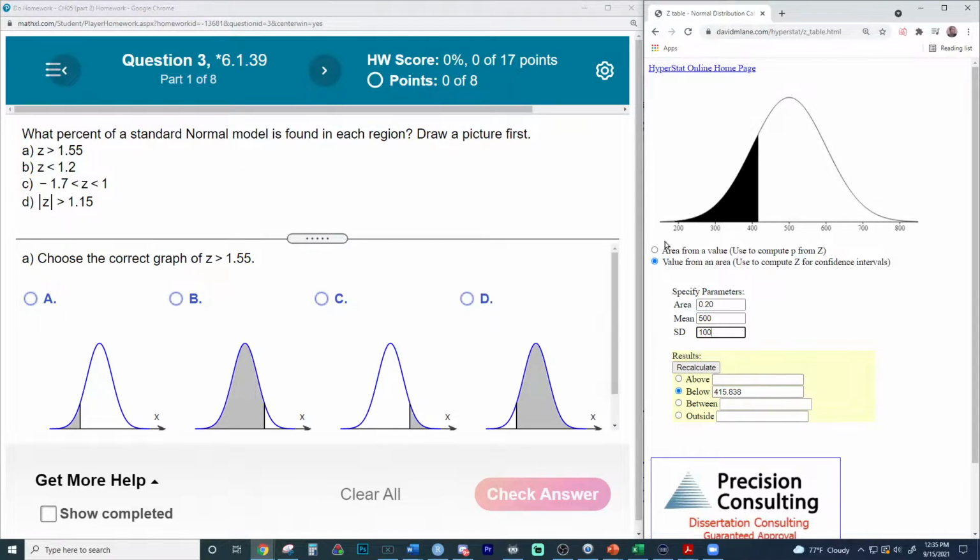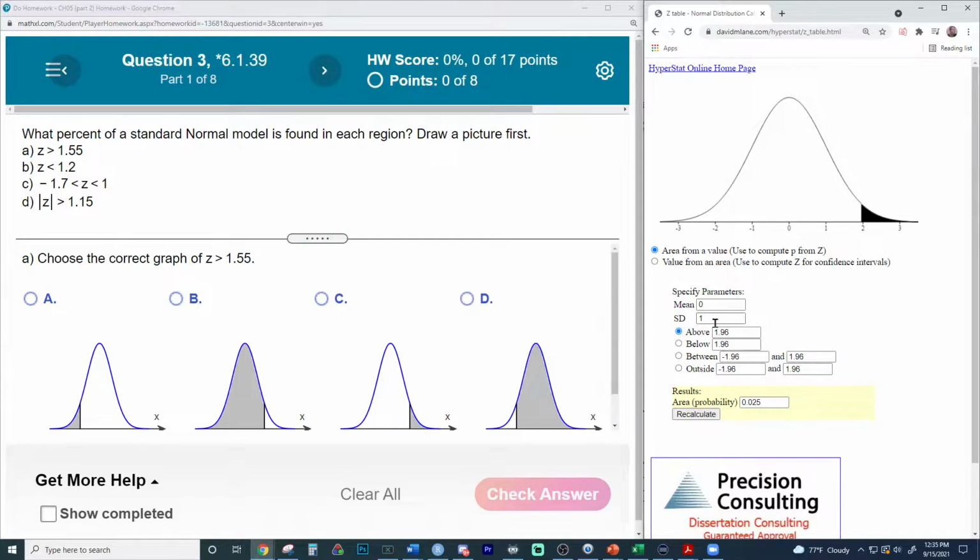So our question right here gives us z-scores. Z-scores always have a mean of 0 and a standard deviation of 1. The applet broke. Happens sometimes. Z-scores always have a mean of 0 and a standard deviation of 1. We want the area above 1.55, which means we need to go to 1.55, which is going to be on this side of the curve, and plot above it. So when we do this right here, we go above 1.55, and the area is